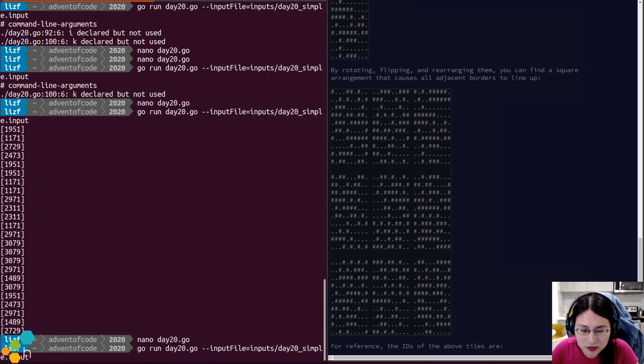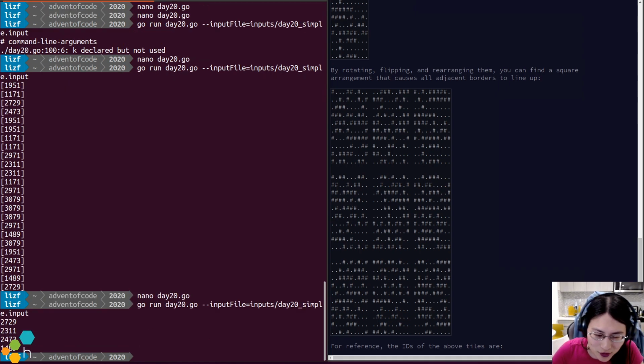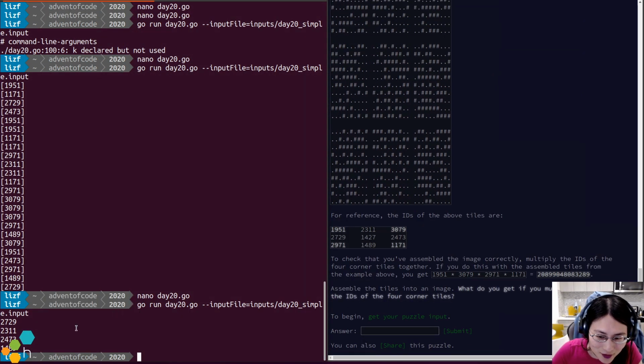That should do it. So now, yep, those are my 4 corner tiles, and those indeed are,